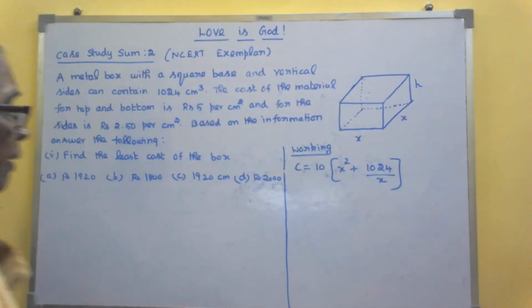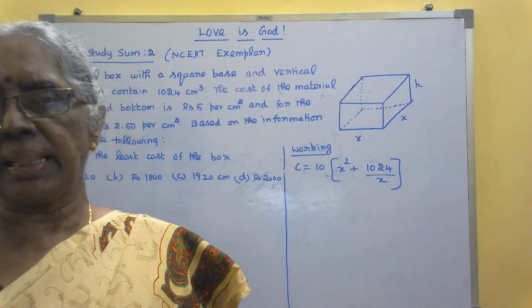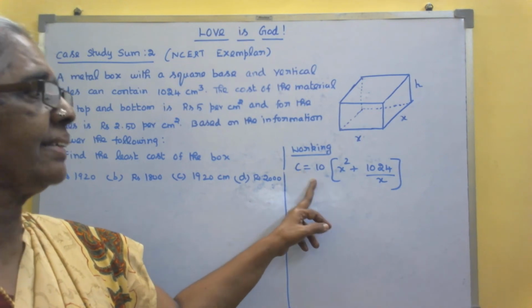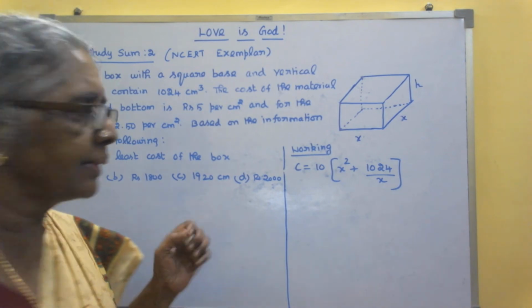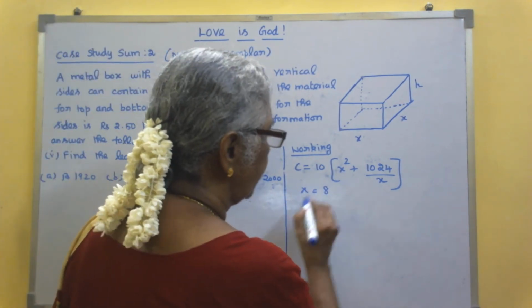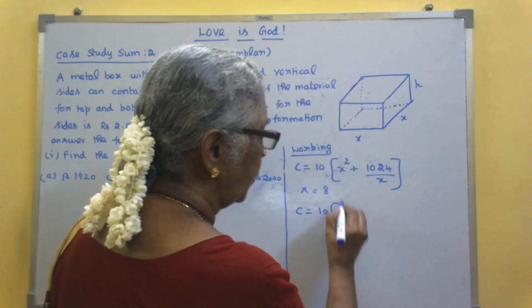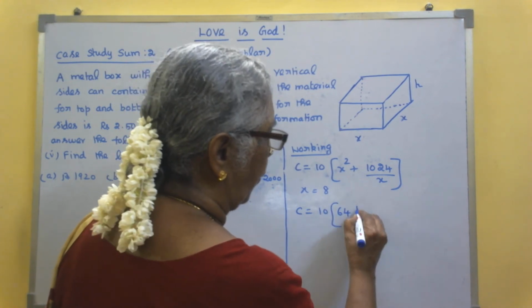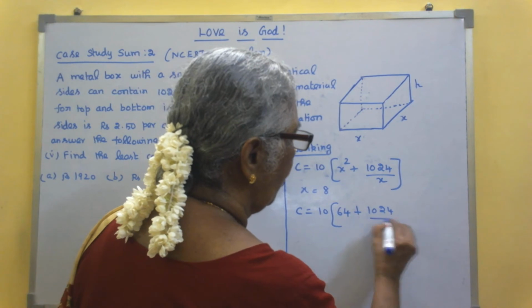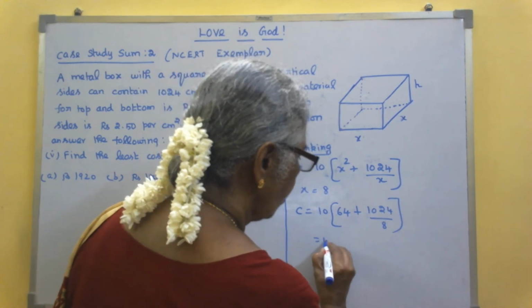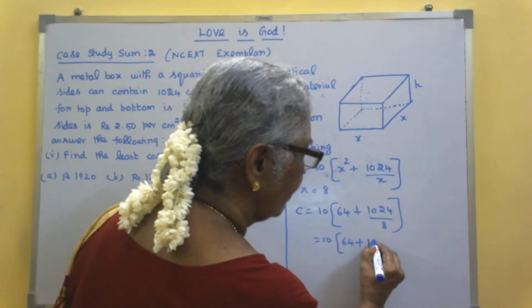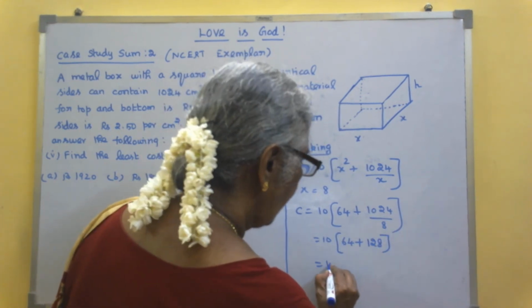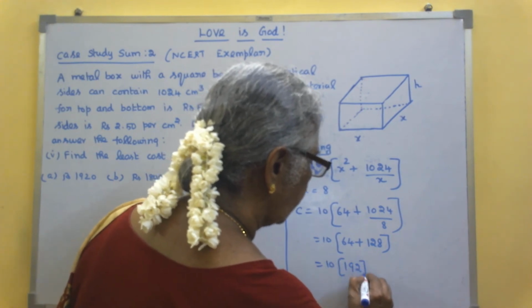The fifth subdivision: find the least cost of the box. Now you have already found x is equal to 8. You know the cost function, that is C is equal to 10 into x squared plus 1024 divided by x. So just substitute x is equal to 8. So what is C now? 10 into 8 squared, that is 64, plus 1024 divided by 8, right? So you will get 10 into, this is 64. If you divide this, you will be getting 128. So it is 10 into 192, which gives you